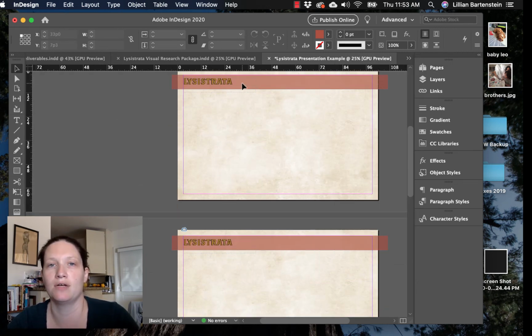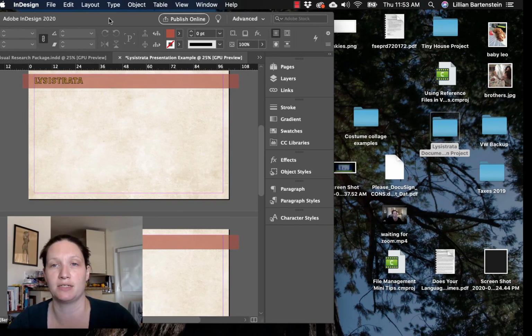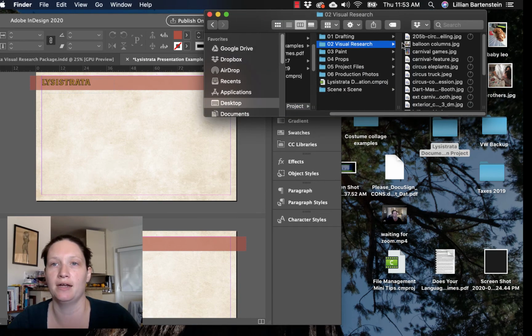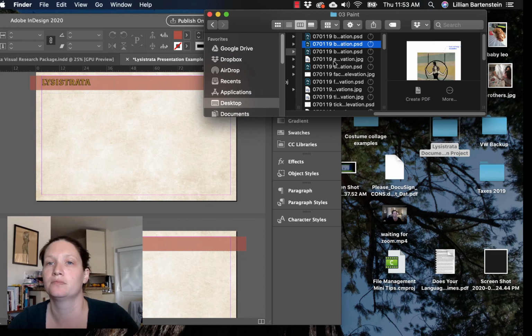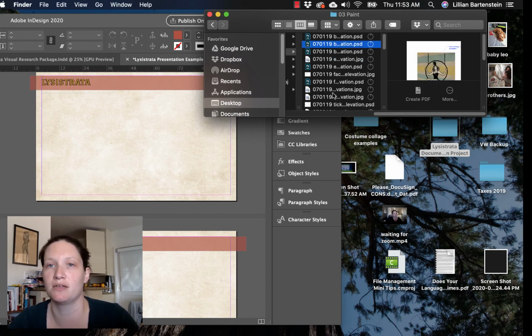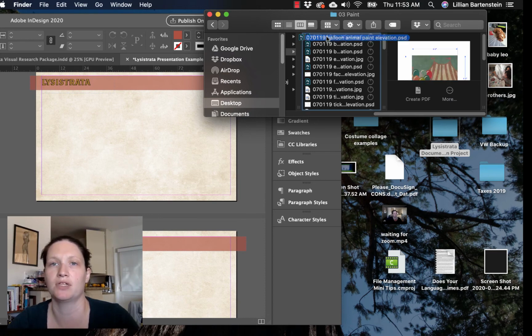Cool. So now I'm going to go back through a bunch of my stuff, right? I can bring in anything from a Photoshop file to an exported flattened PNG. So if we look in my folder again, I have stuff like paint elevations, right? So here's a paint elevation of a specific element, okay? They were totally updated after this. But if I drag from